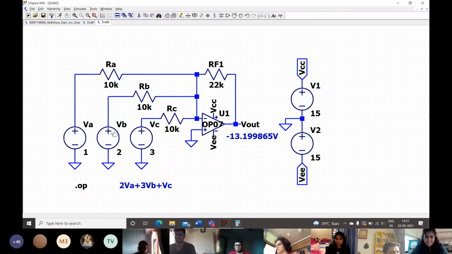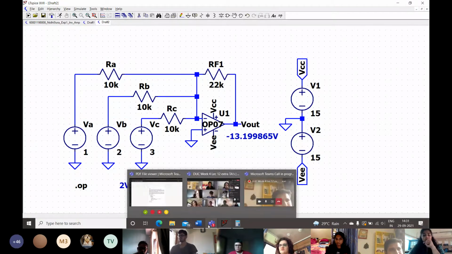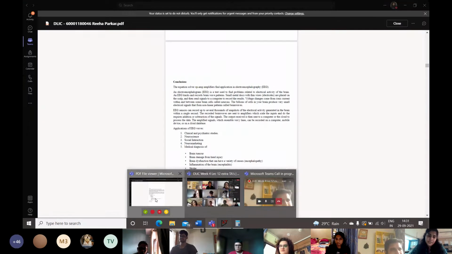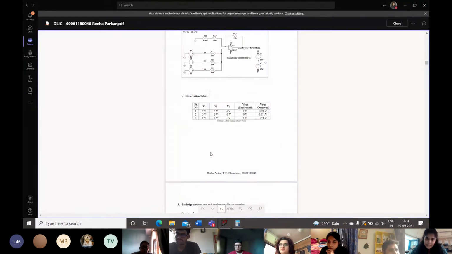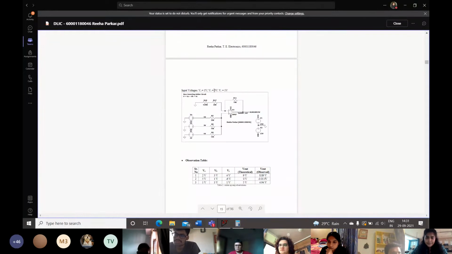If I open up Riha's document, it shows those cascaded resistors. So I'm going to zoom in so y'all can see.